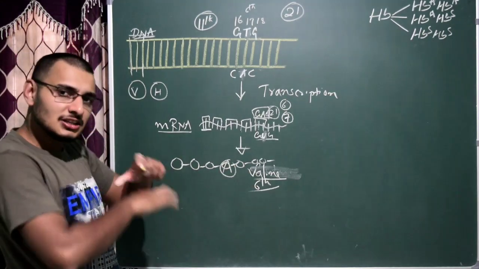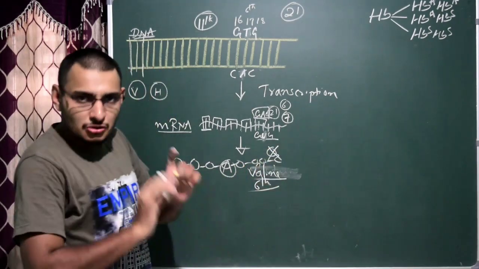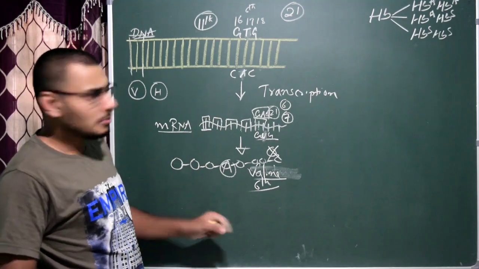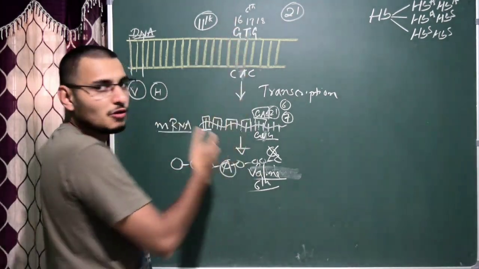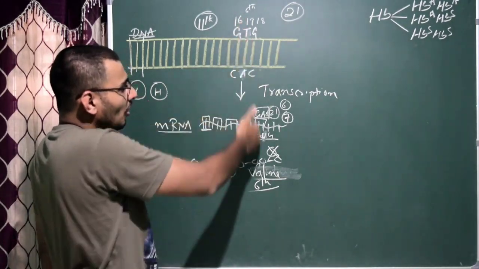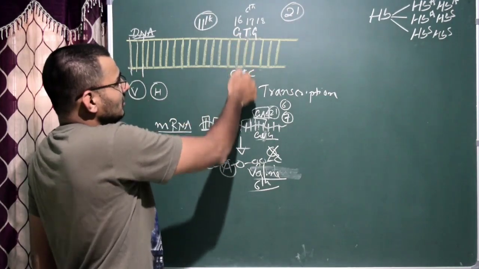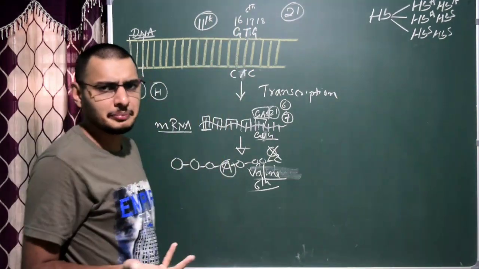As a result, the shape changes and it cannot carry oxygen. That's it. So this is all about sickle cell anemia. Very simple. You have to learn this particular diagram. Very important. The first one is for the normal condition. The other one is for the abnormal condition. This is actually the point mutation. You could see there is a change in a single base pair. The DNA is mutated. The reasons could be many.